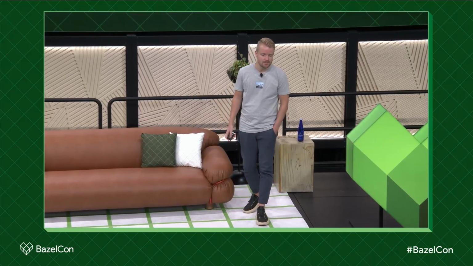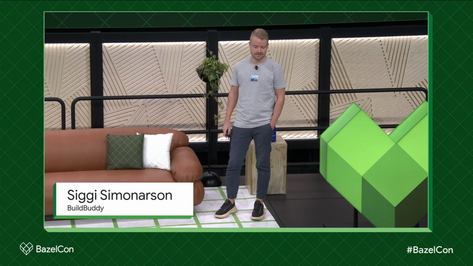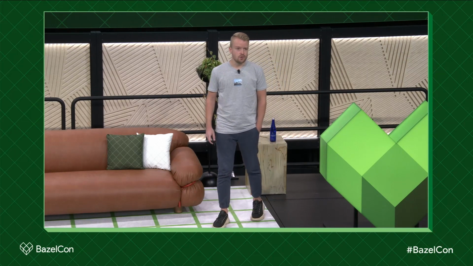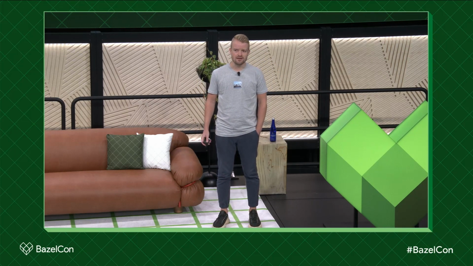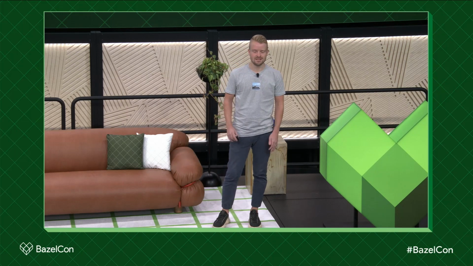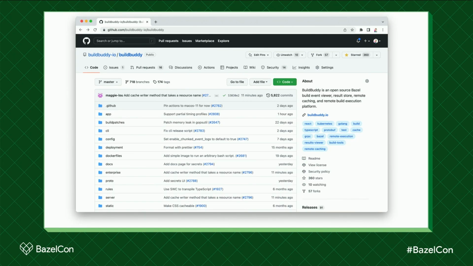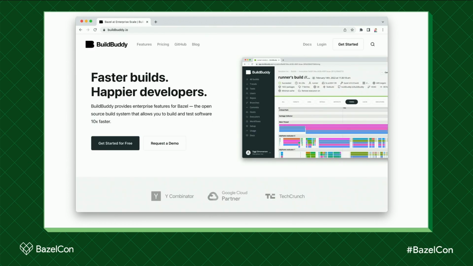And today I'm going to be giving you a preview of the upcoming BuildBuddy 3.0 release. For those of you who aren't already familiar, you can think of BuildBuddy as kind of like the server-side component for Basil, similar to how you could think of GitHub as the server-side component for Git. It's available as both an open source project on GitHub and as a cloud-hosted service that's free for anyone to